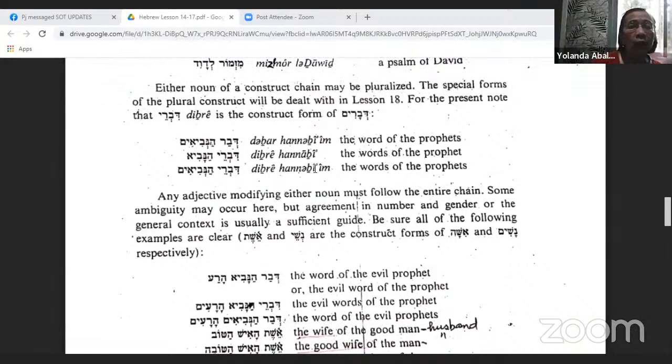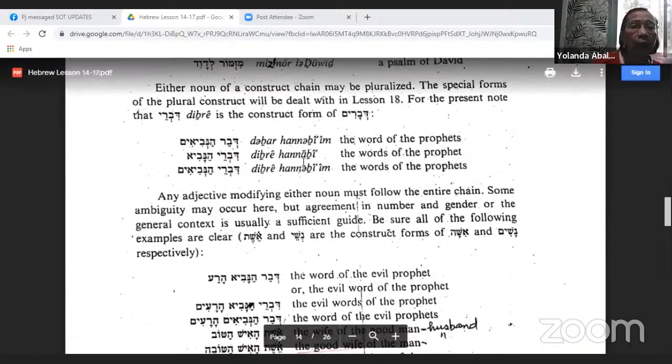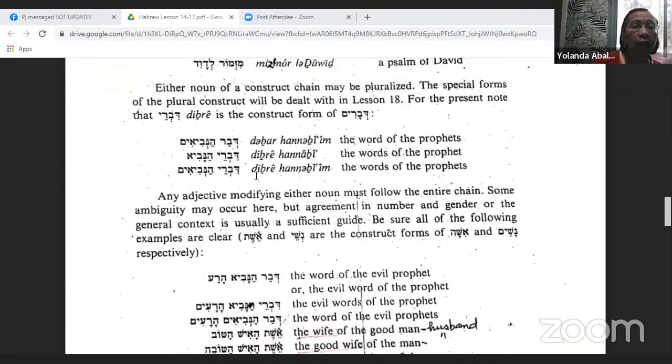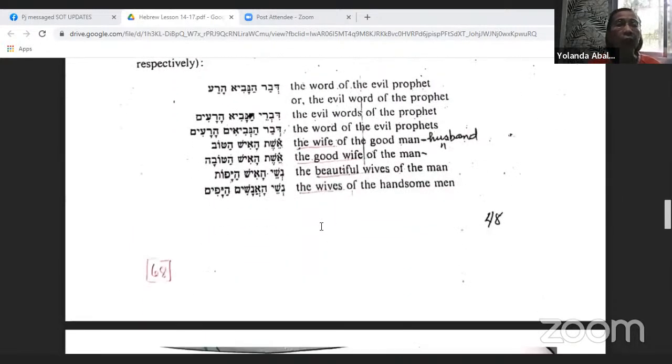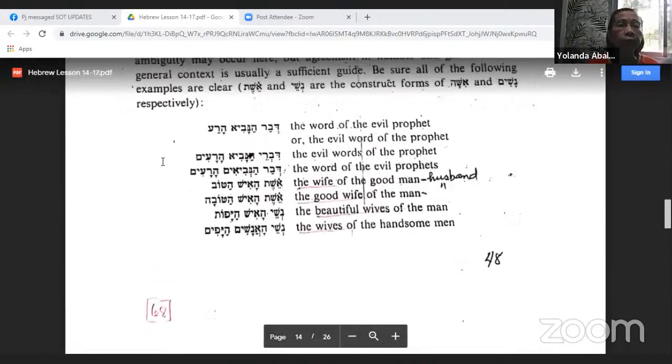Ito, the words of the prophet, singular. Pangatlo, the words of the prophets, plural. Una, the davar, the word HaNevi'im of the prophets. The word into the words. Yan. Okay, so we have here